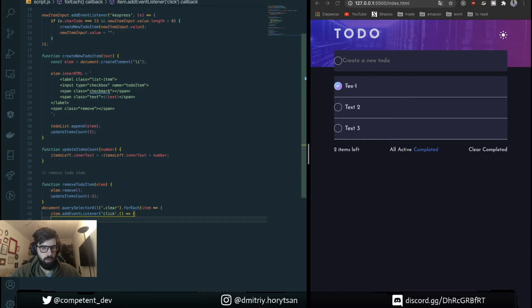So for this we need element event target parent, remove to-do item, and call for event parent.